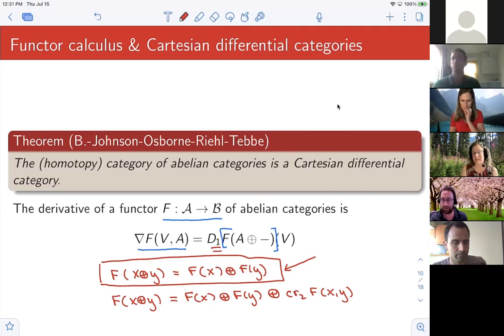Yeah, so I kind of hinted at this at the end that I'm hoping that the abelian calculus case turns out to be a really nice playground because everything just works. Like this property that I've written down underneath, about the fact that f of x plus y can always be written down explicitly in terms of f of x plus f of y plus something left over, makes things really, really concrete in the abelian functor calculus case. But I'm hoping that if we can get things working there, we'll be able to go back to the full tangent category and try to understand what's going on with both the chain rule and operads there.